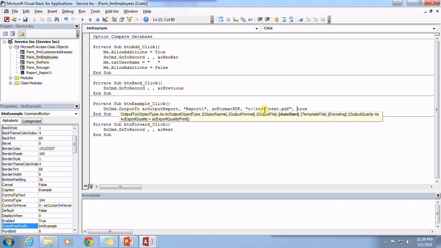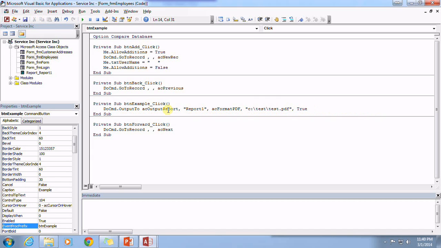And what auto start does is it means that once I've saved this file, because what I'm essentially doing is I'm going to output a report called report 1 in the format of a PDF file, and I'm going to save that to test.pdf in my test folder. And then once I'm done saving it, I want to go ahead and open it. I'm going to set that value to true. And now,